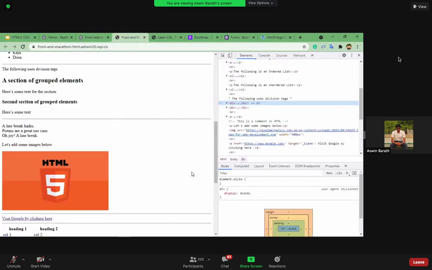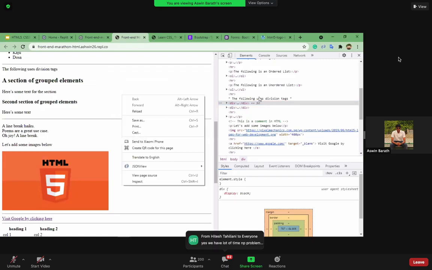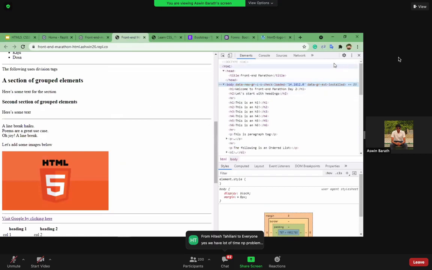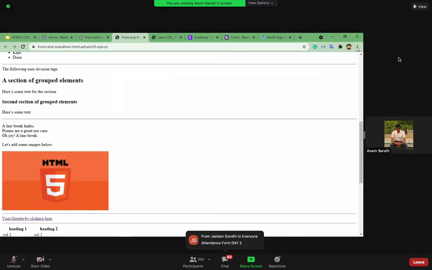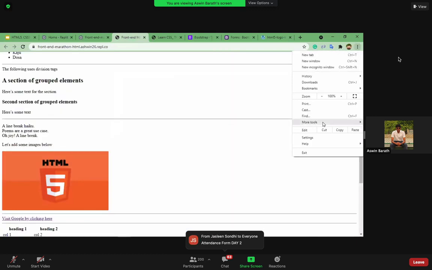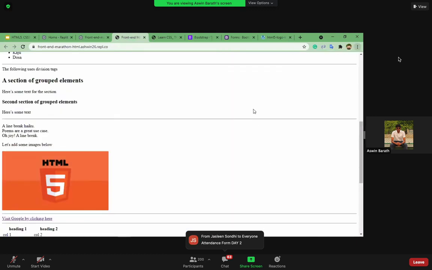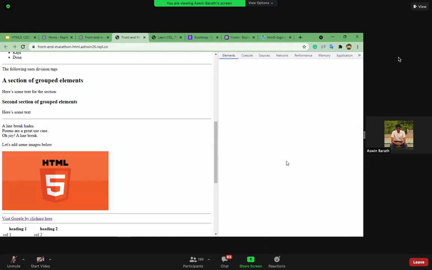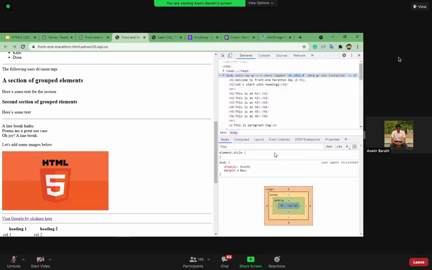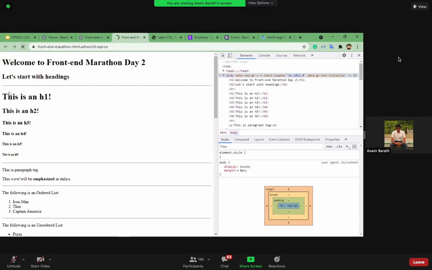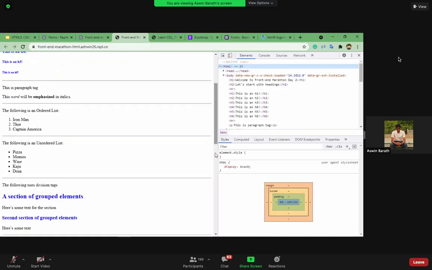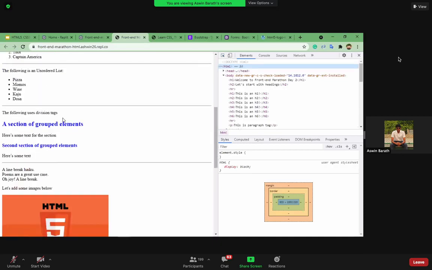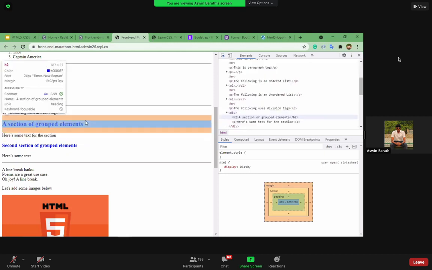As you can remember, I used right click followed by inspect, right? So that's how we can use developer tools inside Google Chrome. Another way to do it, we can go to these 3 dots over here and go to more tools and developer tools. Inside this developer tools, we have the HTML part over here and the CSS part over here as well. If I refresh this, the styling part will be applied over here, right? So let's choose the division tag that we declared earlier. Let's choose the division tag over here.